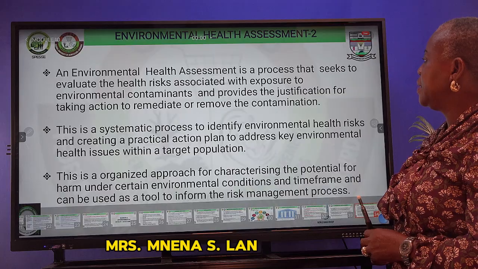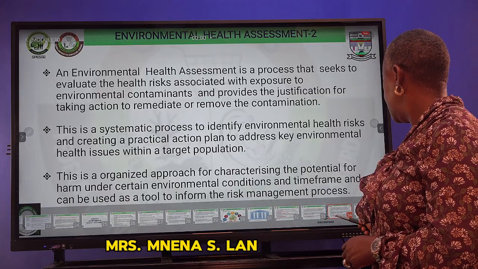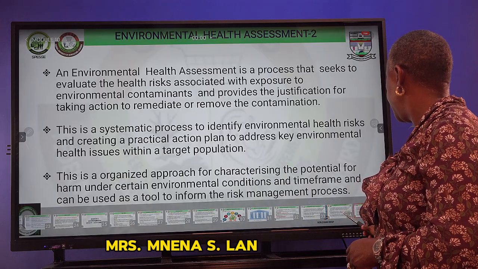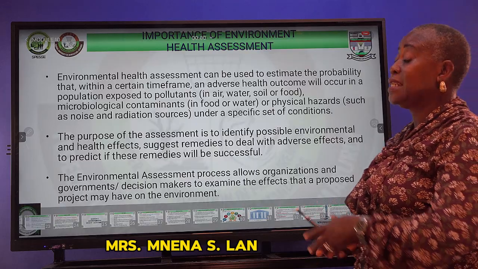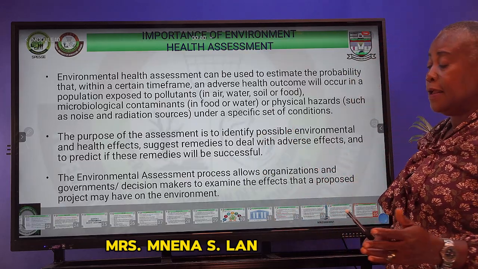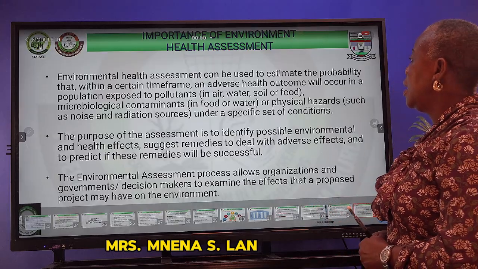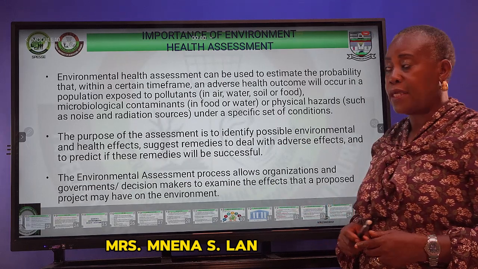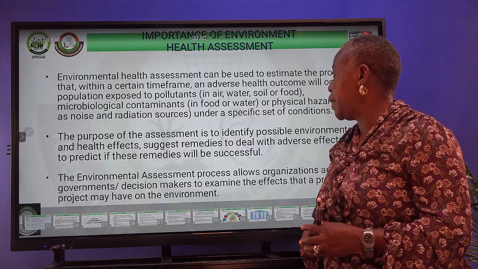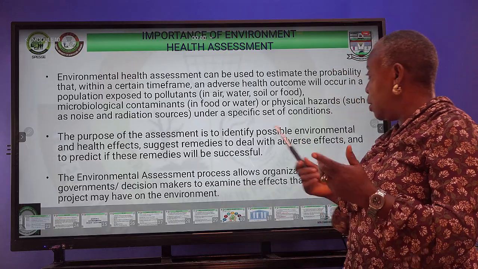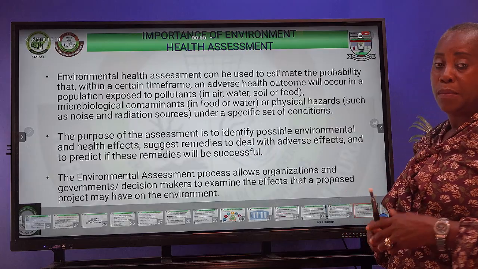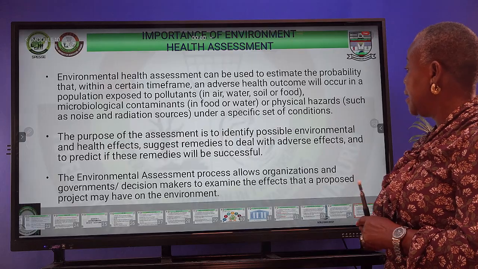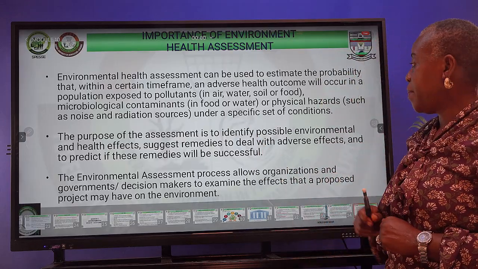An environmental health assessment can be used to estimate the probability that within a certain time frame an adverse health effect can occur, and also determine what type of pollutants people are exposed to, either in water, air, soil, or food, or whether it's microbial, or whether it's a physical hazard, or whatever other condition that may be affecting populations. And the purpose of our assessment is basically to identify the possible effects and suggest remedies to deal with it,